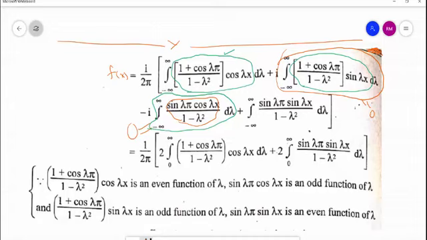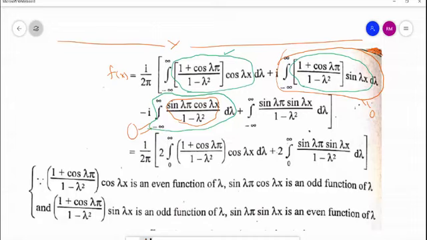Let us focus on the fourth term. In the fourth term, the denominator is an even function of lambda, but in the numerator sin is an odd function, here also an odd function. Product of two odd functions is again an even function, that we know. So even upon even is even. So its integration will be 2 times the integration from 0 to infinity. So here we also get 2, here also we get 2, and the limits are 0 to infinity. That's why we have to write in this way.